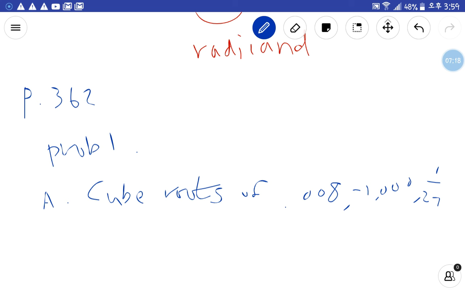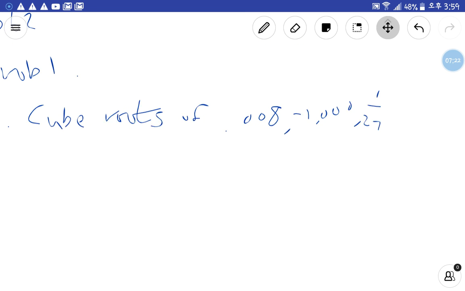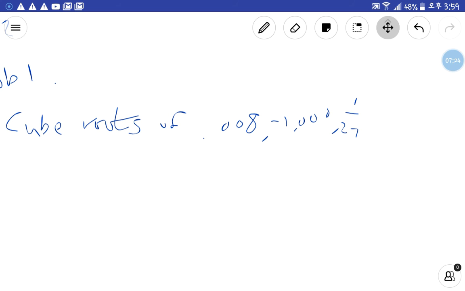So we are thinking about which number, when cubed, gives 0.008. So cube root of 0.008 actually means what? Cube root of